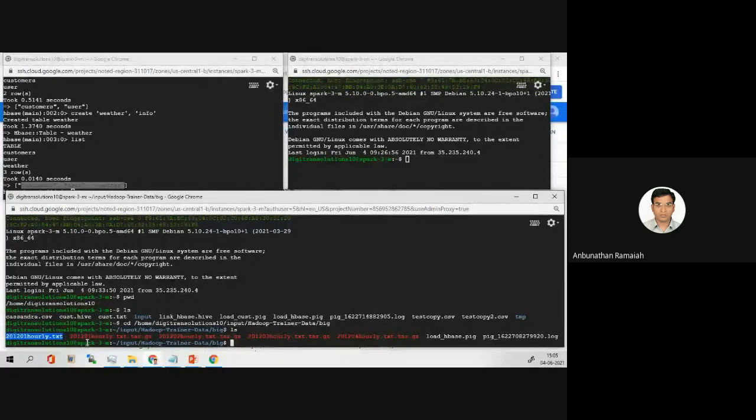121 hourly dot text. So this is the big data. This file we'll try to open and see.